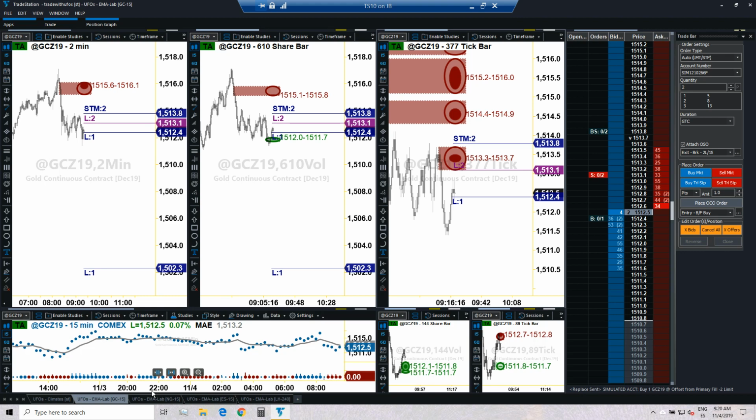Same story: for those of you who are more conservative, you can certainly wait for a reactive red colored UFO to show up before you take this trade. You would wait for gold to come into this UFO, and the moment gold is in that UFO, you stop looking here, and now your attention is down here. Your stop will be in the same location, 13.8, but your attention will be here, and the moment you have a red UFO show up, you take the trade manually with a sell market order, clicking on that button. Then you will need to rush a little bit to place a safety target, final target, adjust the location of the stop, etc. But certainly it's doable with a little bit of practice.